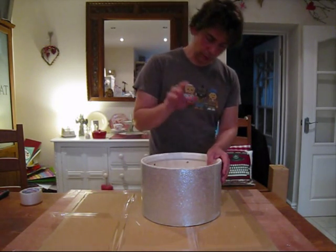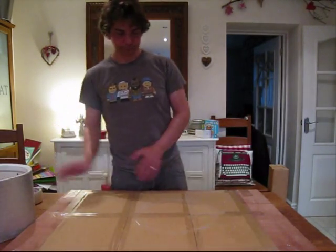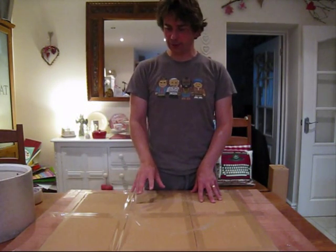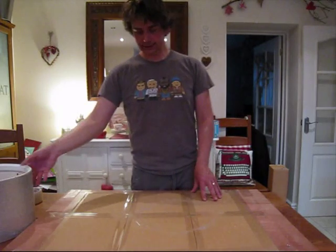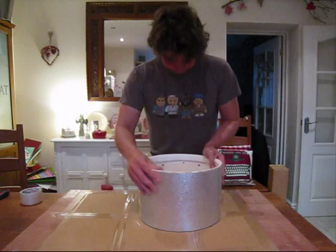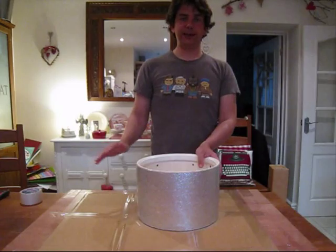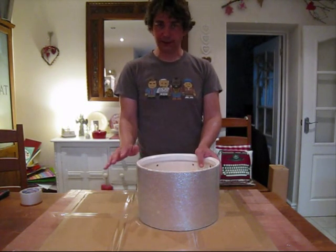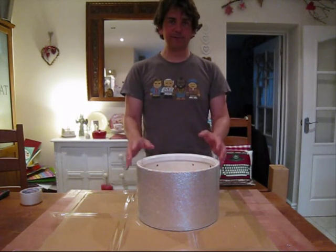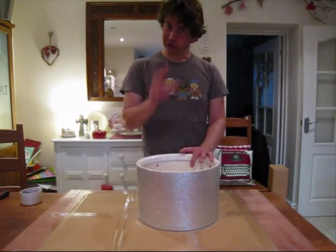So I'm going to do some work on the edges. Now all I've got here is a flat board with some fairly rough sandpaper stuck to it, and I'm going to put this drum here and I'm going to spin it. Now what that will do will flatten the bearing edge, and it will get all the chips out, which will be a good basis to be able to create a really nice bearing edge. And I'm going to do that on this drum on both sides,